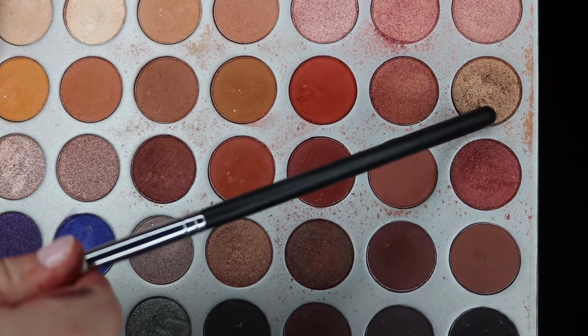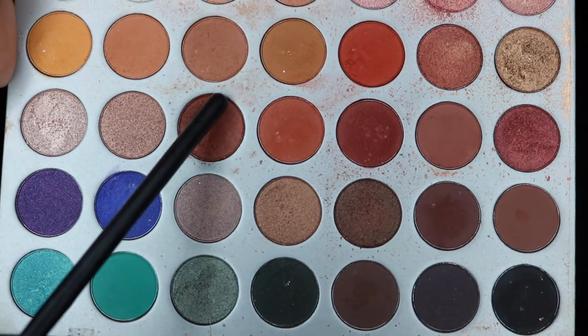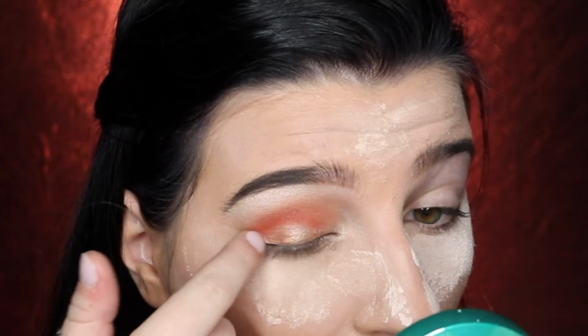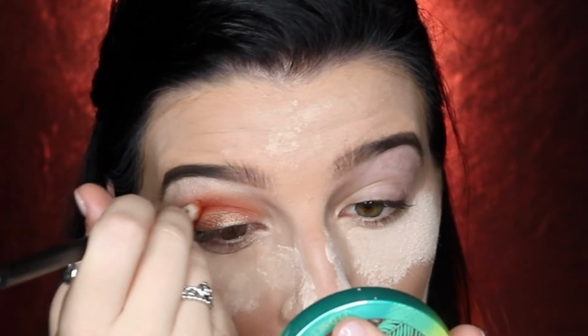Taking my finger, I'm going to be using the gold eyeshadow and applying that onto my lid, and then taking this dark shimmery copper color and applying that to the outer lid as well, just so we can have a nice little bit of an ombre. And then we're going to be adding a little bit more of the burnt orange into the crease just so it blends nicely. You're going to be brushing off the excess translucent powder so we can move on to the